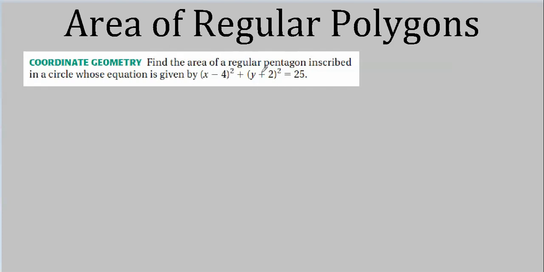Now for the area of a regular pentagon inscribed in this circle, ask yourself, is area position dependent? In other words, if the circle were centered somewhere else, would the area of the circle or the pentagon inscribed in that circle be any different? Well, no. The area is position independent. I think I've pointed that out before. If you survey your land and take the origin to be the southwest corner of your property and go from there, you will get